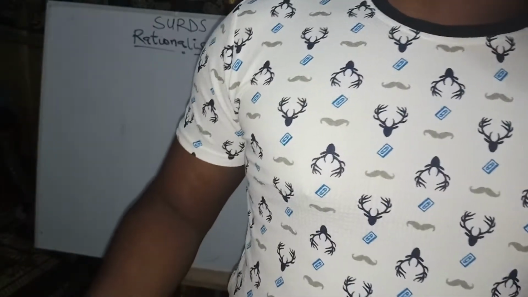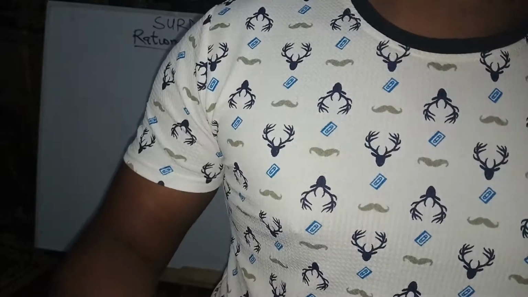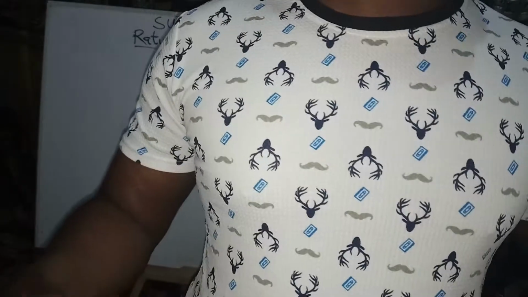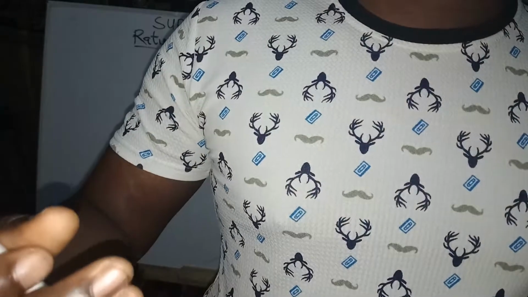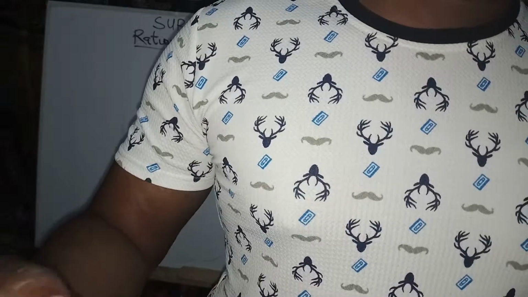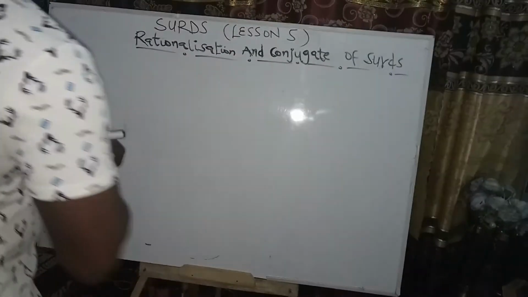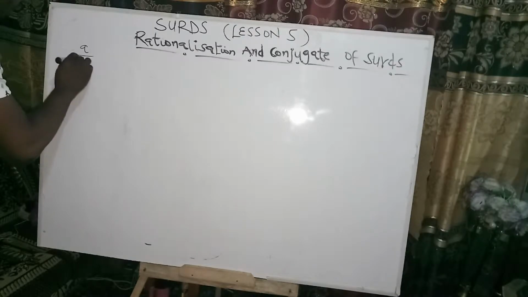Okay, when we talk about rationalization, it's simple. Rationalization is a process of eliminating the denominator of an expression containing surds or square roots. To get a better understanding of what I'm saying, rationalization is the process of converting an expression into an equivalent expression whose denominator is a rational number. So all I want to say is that when we have an expression, let's say a over b root